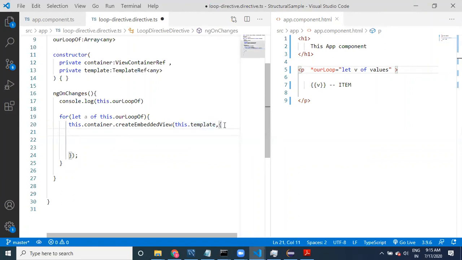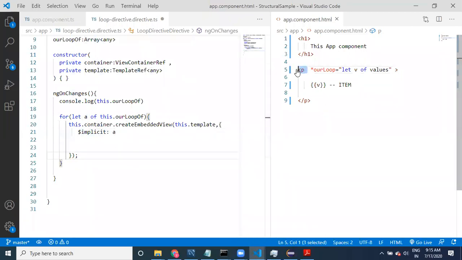So within this object, we have to provide implicit, something like $implicit value. For this implicit value, which value do I have to provide? I want to provide a. See here, guys, this value is going to be provided as implicit.